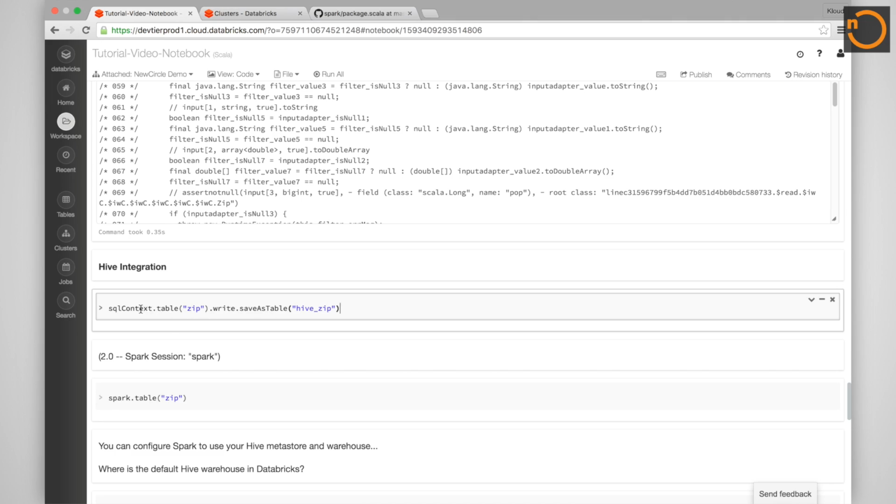A lot of companies have a big investment in Hive and related tools, and Spark will automatically work with your Hive metastore. So your Hive tables are available in Spark, and you can take data in Spark and make them available as Hive tables really easily. Just to give a quick example, we can take our zip table right here and say .write .saveAsTable Hive_zip,